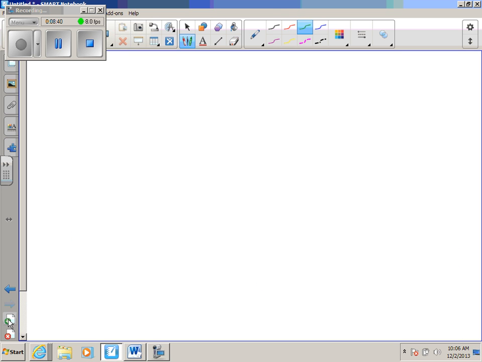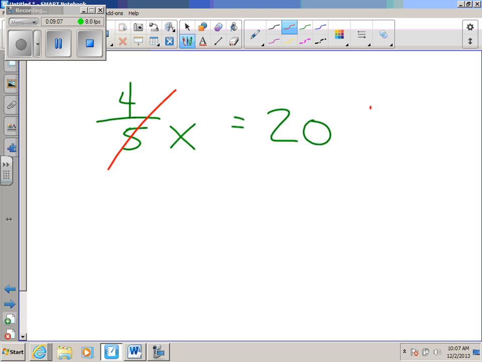Okay, let's try another one. 4/5 x is equal to 20. Let's walk through another one. So what is happening to x? Right now it's being multiplied by 4/5. You see that? So the opposite of multiplying by 4/5, we're going to divide by